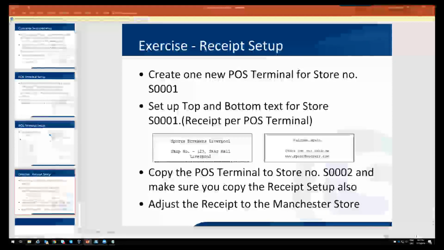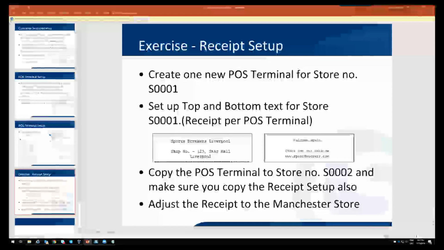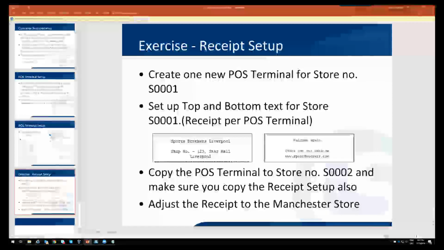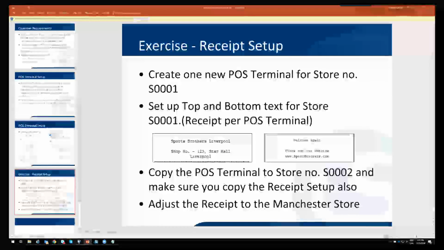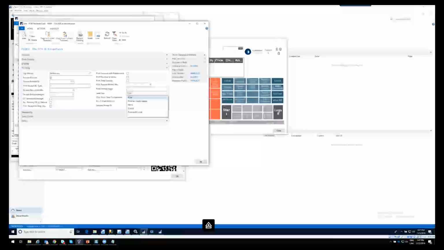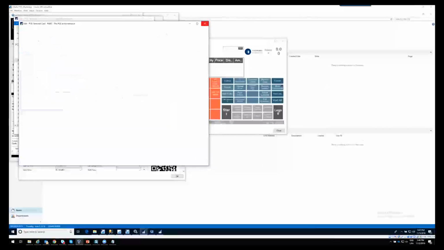And as you see here, in this example or exercise, it is requested to add something at the top and at the bottom of the text store. Another function that we have on the receipt is to copy that receipt printing information. I think it's not in here, it's on the store level. And on the store level, you have like this